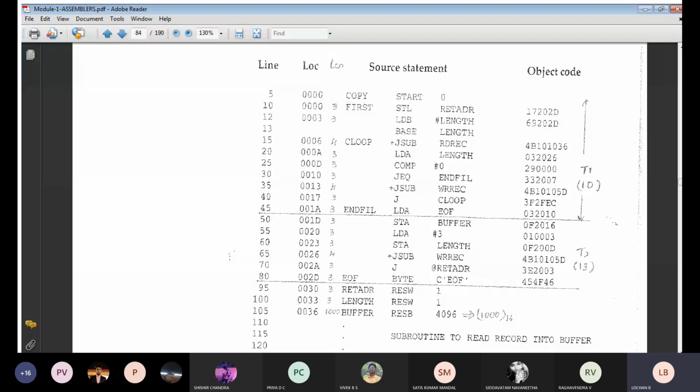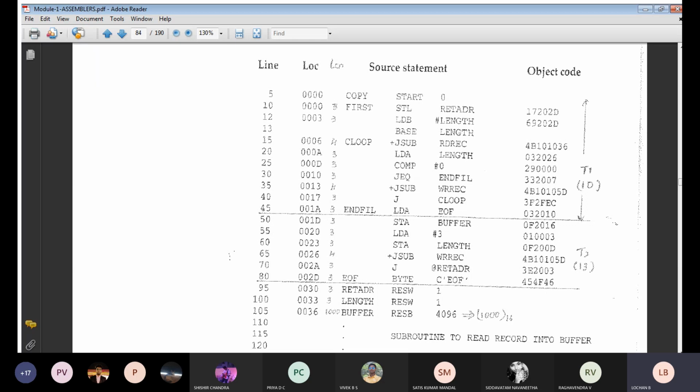Initially it was 6, it will become 7, 8, 9, 10. So plus 4 means in hexadecimal, 10 is written as A. You see the next instruction, you will get LDA compare. Compare means what? Format 3, so I will add plus 3. So I am going to get B, C, D. In hexadecimal only I will write. So up to 105 I will complete as it is. If it is format 3, I will add plus 3. If it is format 4, I will add plus 4 to the next instruction.